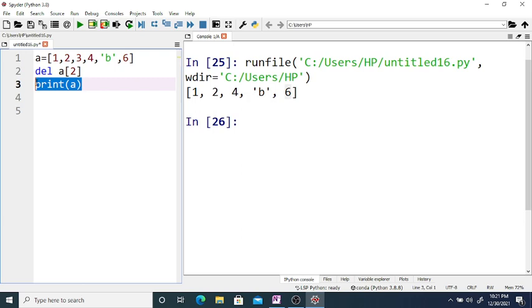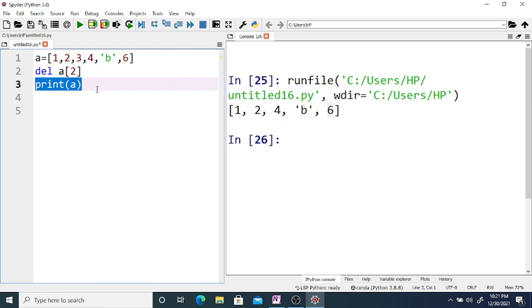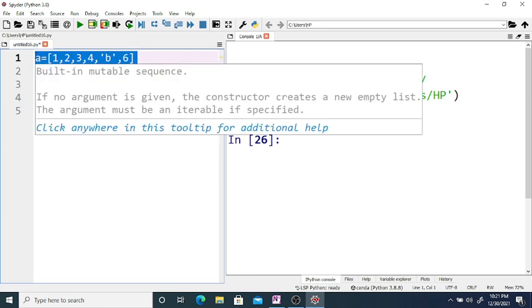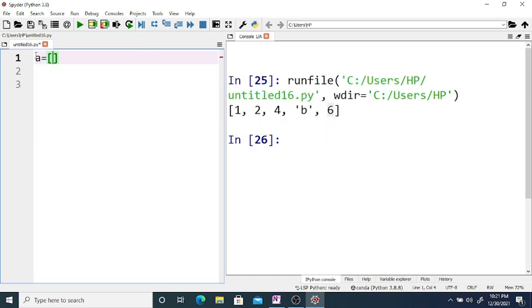So the main difference between remove, pop and del is that the remove method deletes values or objects from the list using values, and del and pop delete the values or objects from a list using an index. By using the index it deletes. If we take one more simple example for a comparison study of del, remove and pop, you can simply say a is equal to 1 2 3 4, then take one more element, say 2, then 6, and 7.